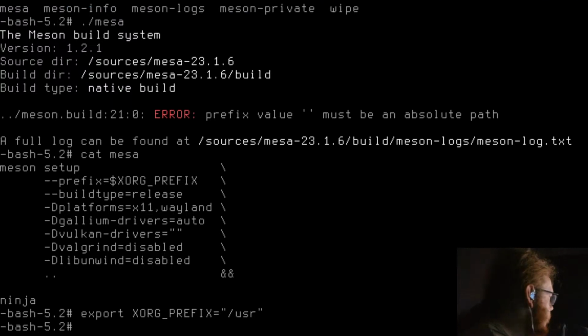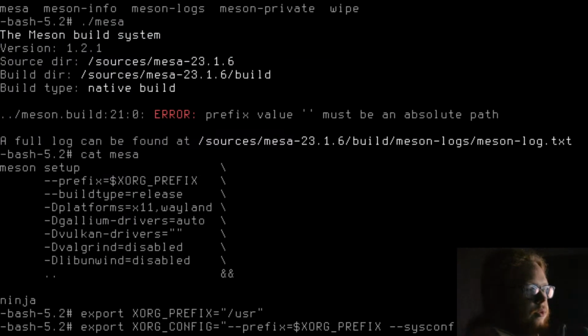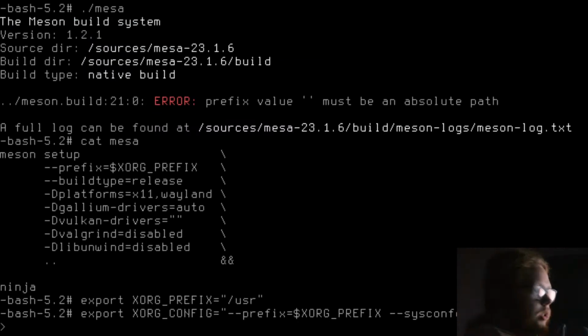Xorg prefix. Yep, and I'm going to do export XORG_CONFIG equals that, dash prefix equals $XORG_PREFIX, dash sysconfdir equals /etc, localstatedir equals /var, disable static.